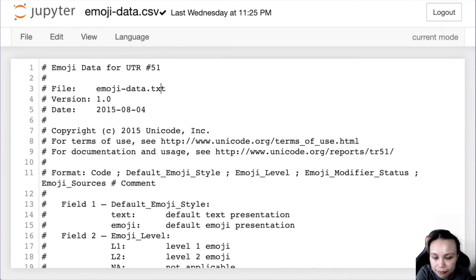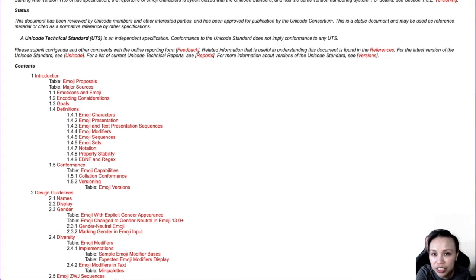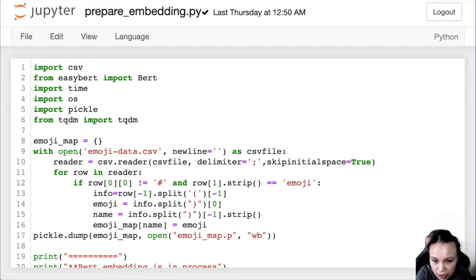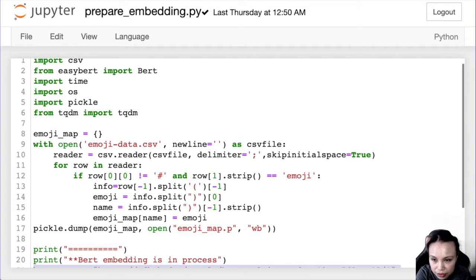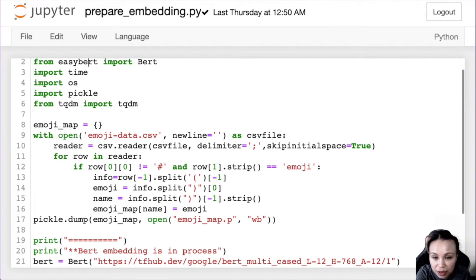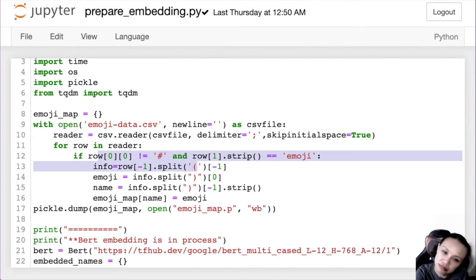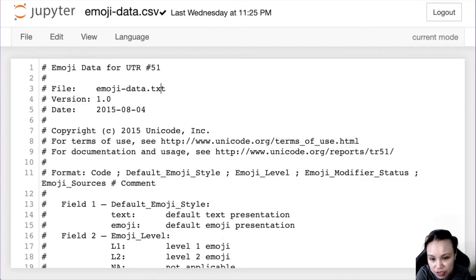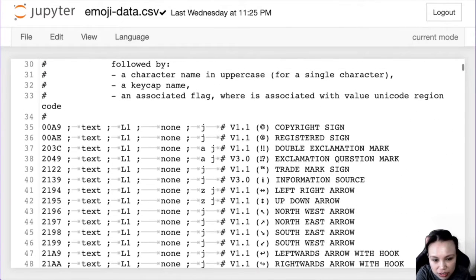So this one, I found it actually on unicode.org. Actually, I found it from Emojipedia, and then I was directed there. So what I did with this is that I read all of them. I'm using the CSV standard library to read it in, and then I can get the items as a list row by row, and what I need is just the last bit here, right? I just need the emoji and the name for now.